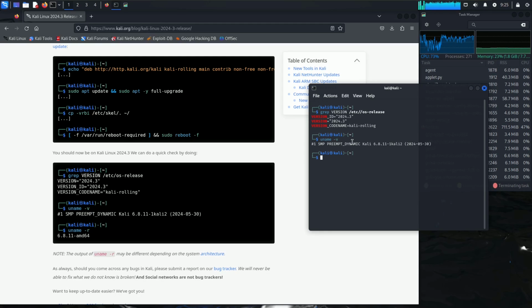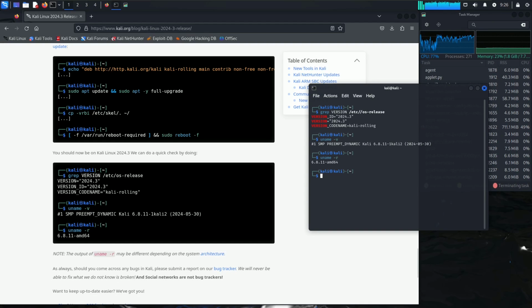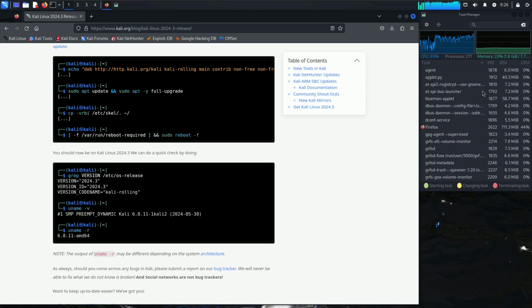And here is the information on the Kali version or the Linux kernel version, and you can just type in uname -r, which I usually show you in every one of my videos. And here is the information. In order to update, you just need to type in this command, and you should be updated. So if you are already using Kali Linux, that's how you need to update.